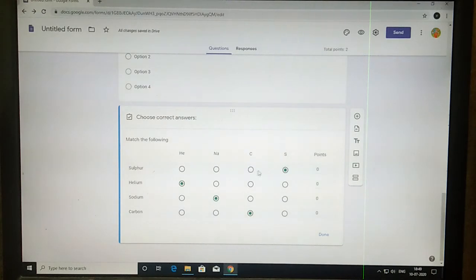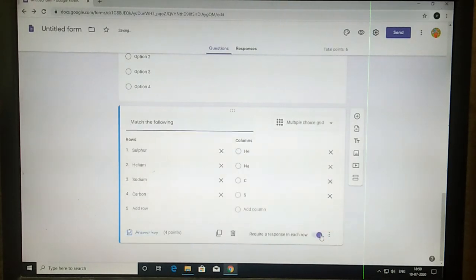But sometimes, if you are giving multiple choice questions also we can give like this. I'll say how to do that. There we have to deselect that one. Now if you are selecting it, no problem actually. Now select the points, how many points you are giving for each answer. After that click on done. Like this you can give for matching.